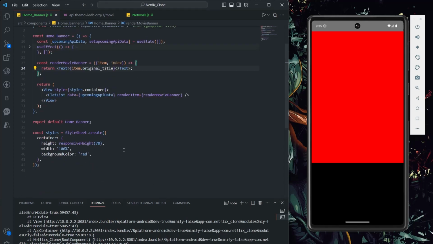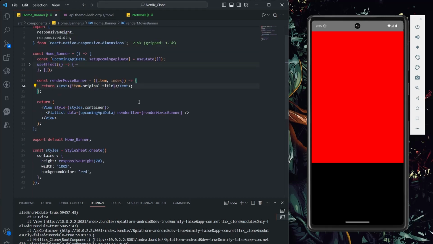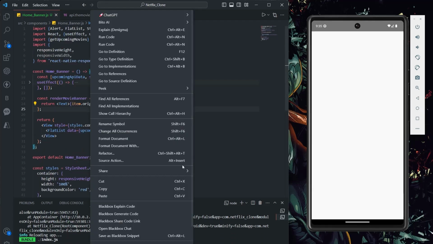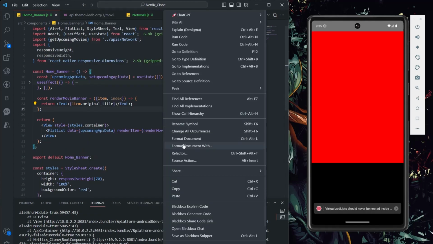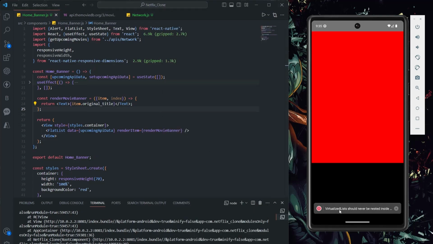And right now we are not getting any data. Why? We are returning the data as well. Let's reload this and check if there is any issue, so we can fix that. Okay,